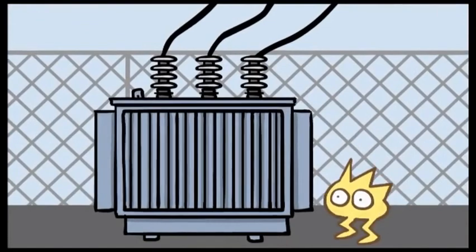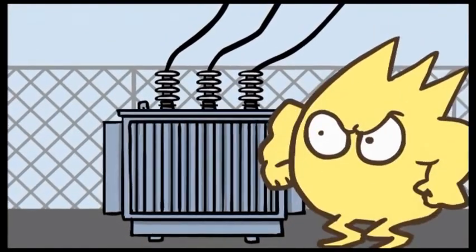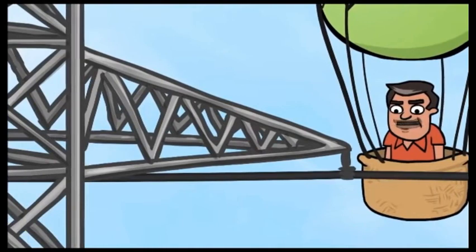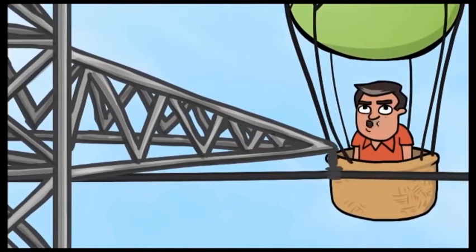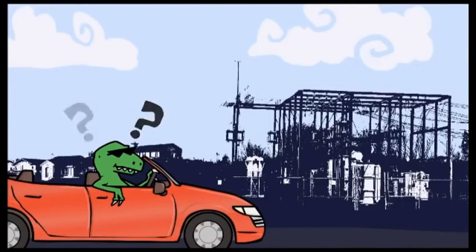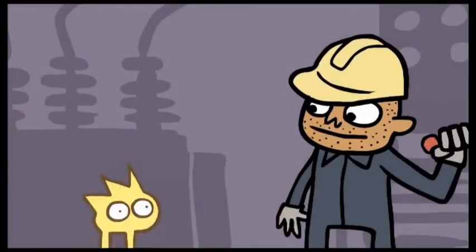For electricity to move through one of the 4 grids, its voltage must first be increased by a device called a transformer. Then the electricity can travel long distances across high voltage transmission lines. These high voltage lines are generally strung between giant metal towers. They stretch for miles from power plants to local substations in each neighborhood. You've probably seen substations along the side of the road and wondered what they do. Well, their job is stepping down electric voltages from